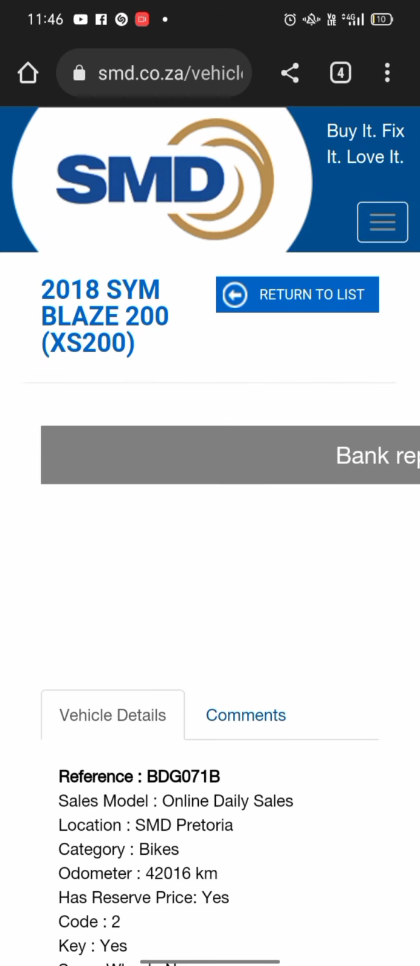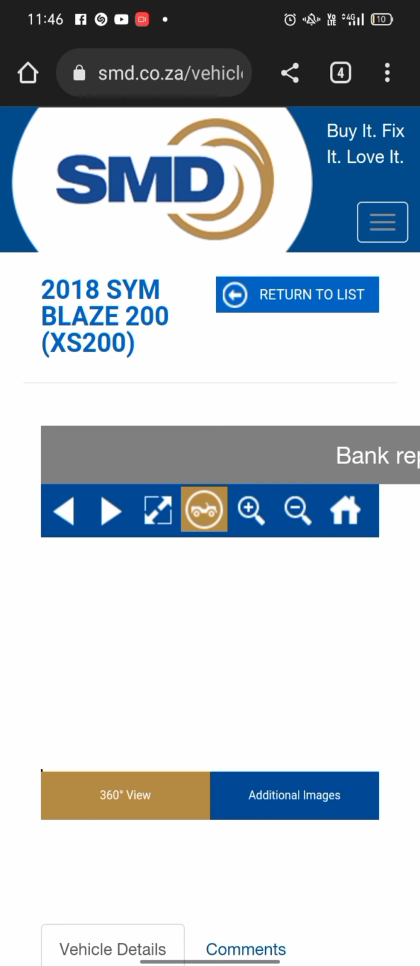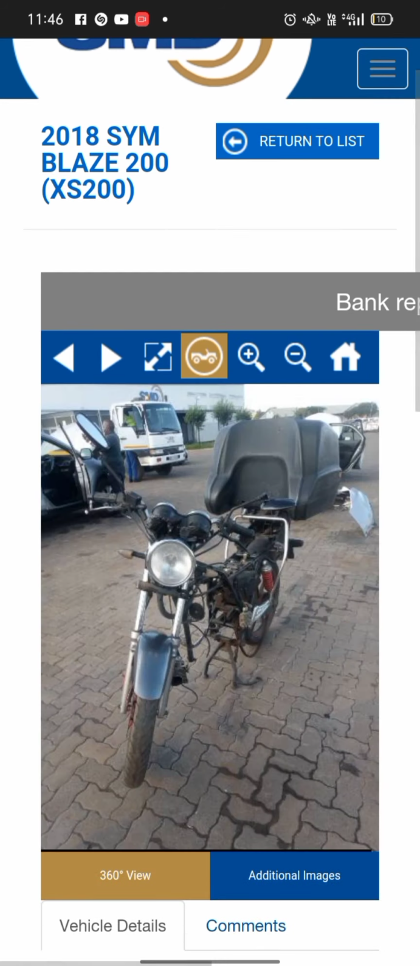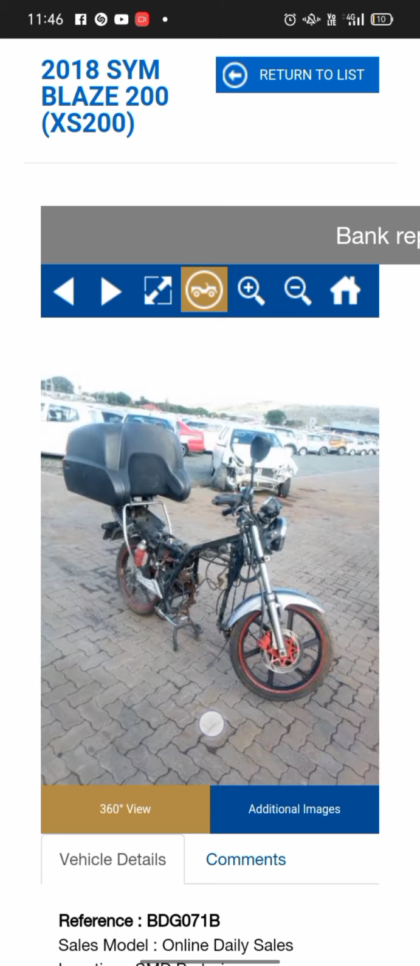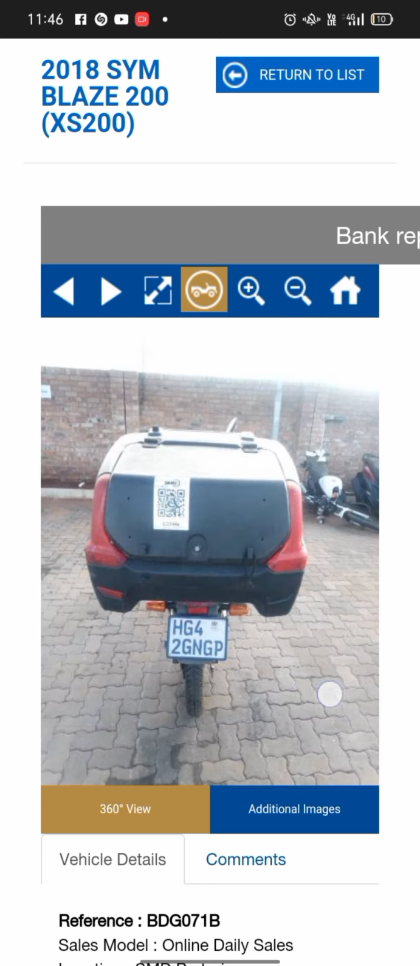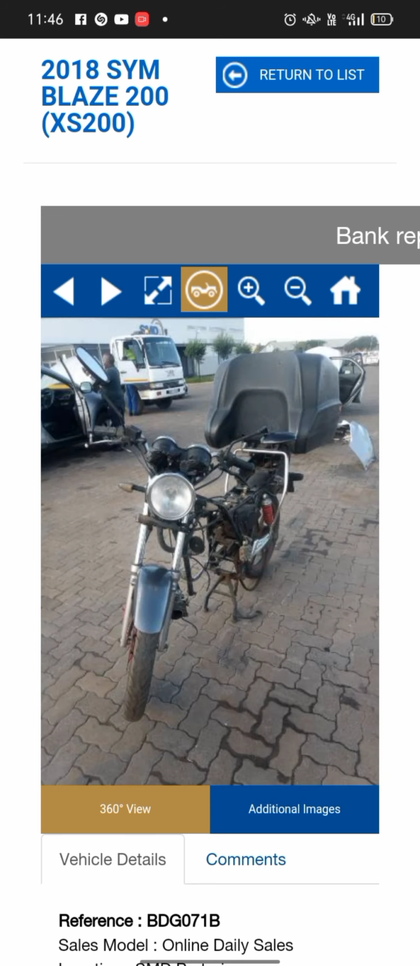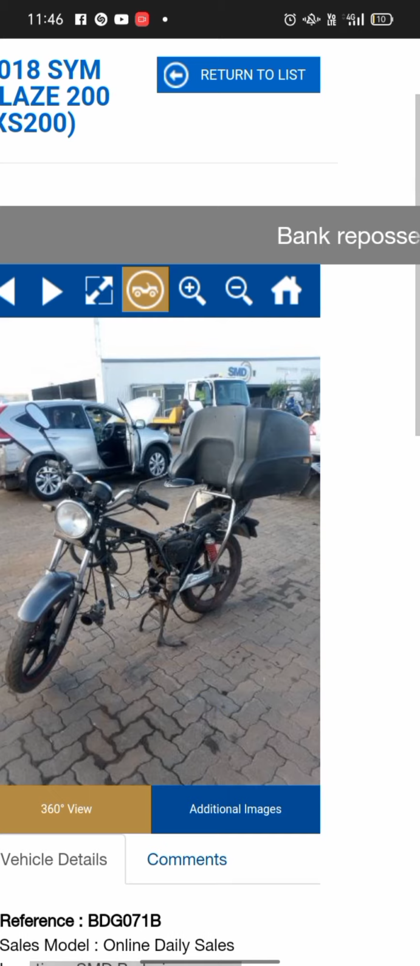Now here's an interesting one. It looks like a skeleton of a 2018 Sim Blaze X S200 bike. I've had one of these before. This caught my eye, but when I further inspected it, I was like, no, this thing doesn't even have an engine. But as I further inspected it and checked the extra pictures, I saw the engine. I think I'm gonna bid on this one